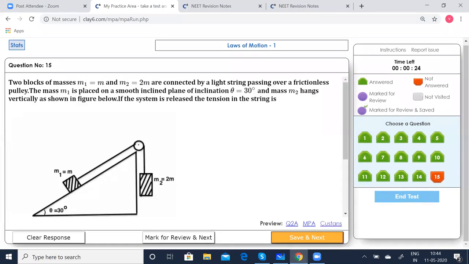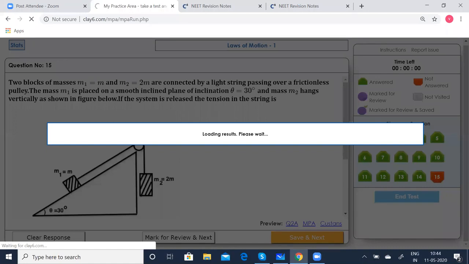Go to the next one, 15th one. Two blocks of mass M1 and M2 are now connected. One is M and the other one is 2M. Are connected by a light string passing over a frictionless pulley. The mass M is placed on a smooth inclined plane at the angle of inclination of 30 degrees, and mass M2 hangs vertically as shown. If the system is released,